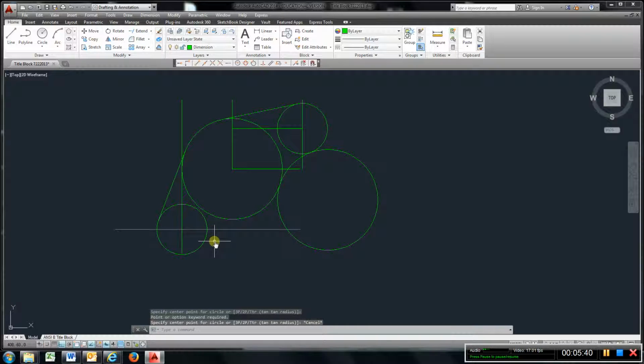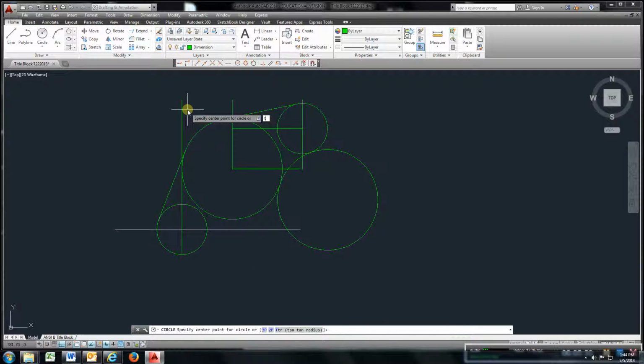Let's clear that a minute. Okay, let's go circle, TTR, enter. Pick a point down here and a point over here, and the radius is going to be 40. 40, enter. Now, we can use our trim command,